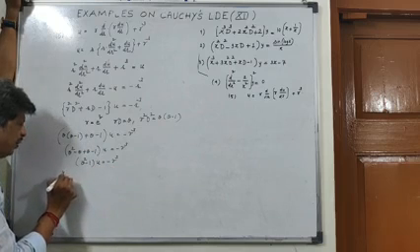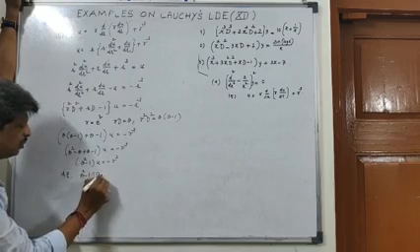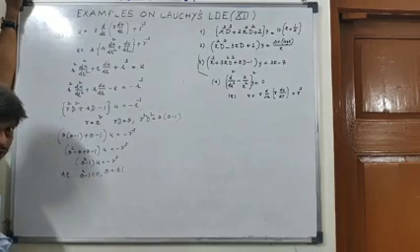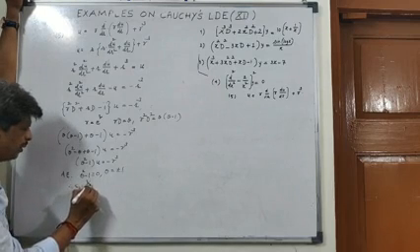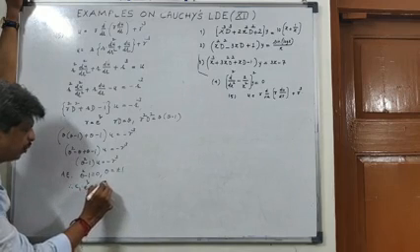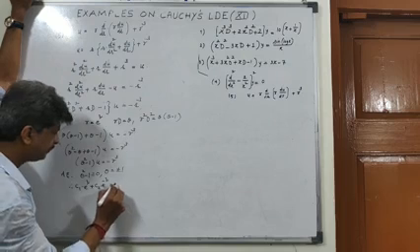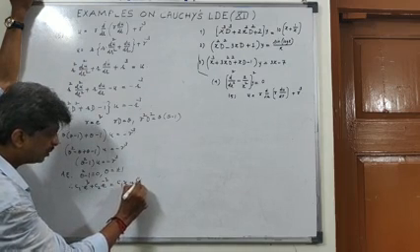The auxiliary equation is theta square minus 1 is equal to 0. Theta is equal to plus minus 1, a pair of real distinct roots, therefore C1 into e raised to power z plus C2 into e raised to power minus z. In terms of r, it is C1 r plus C2 by r.